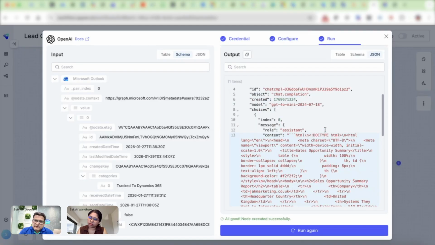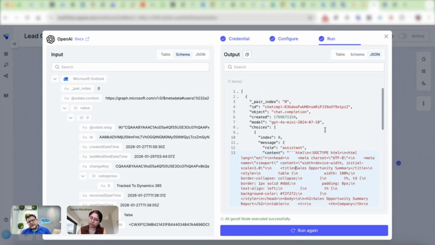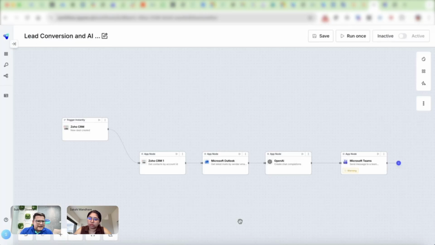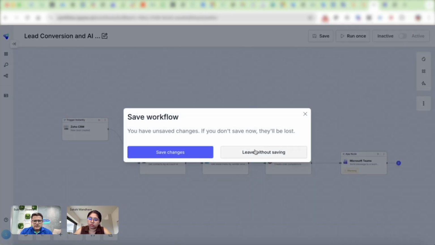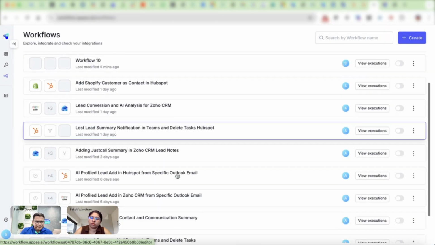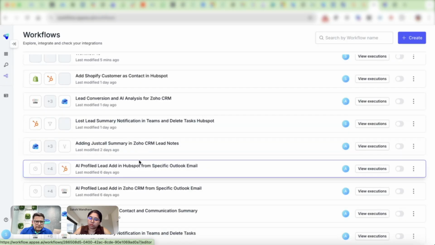But like me, if we are talking about a Zoho CRM user, and Zoho we know is a very simple, easy to use application. The implementers are also mostly functional consultants. They have little to almost no coding experience. They can still use this and design this workflow by themselves. And there are a lot of such examples. This is just one example where I'm getting a summary of a lead conversion. I'll show you another one.